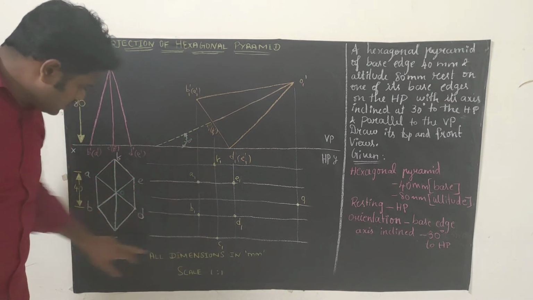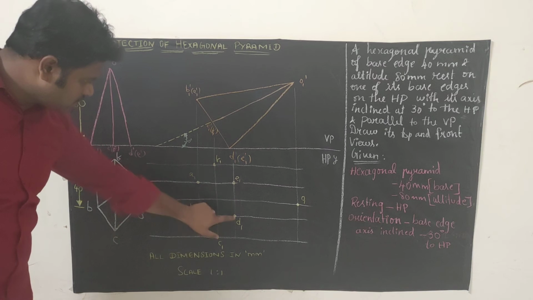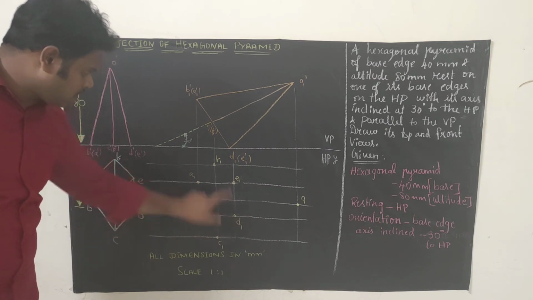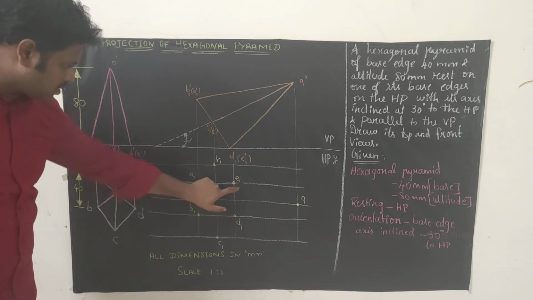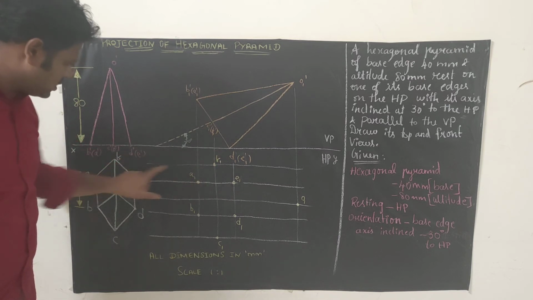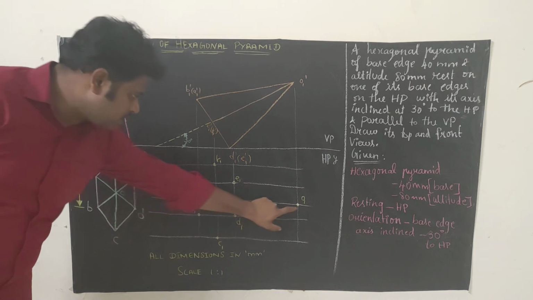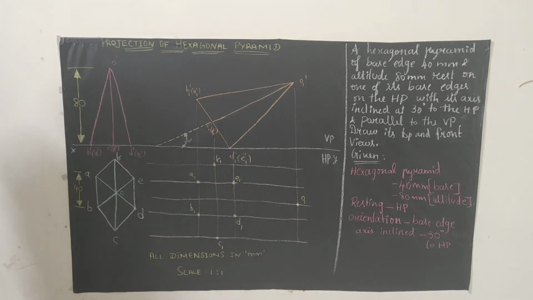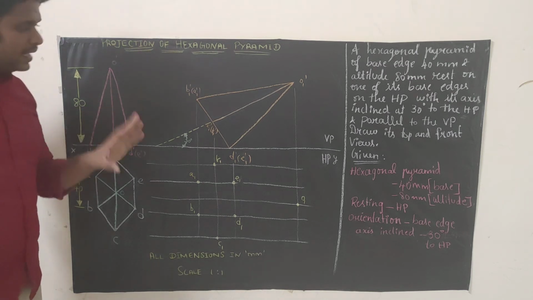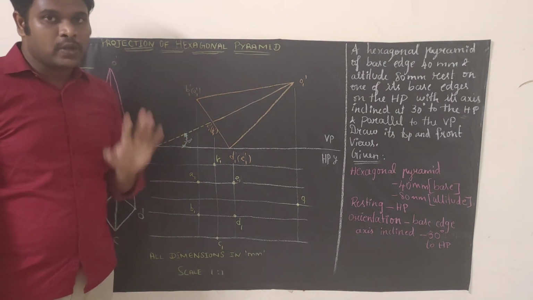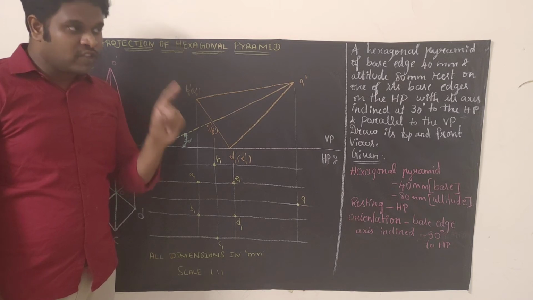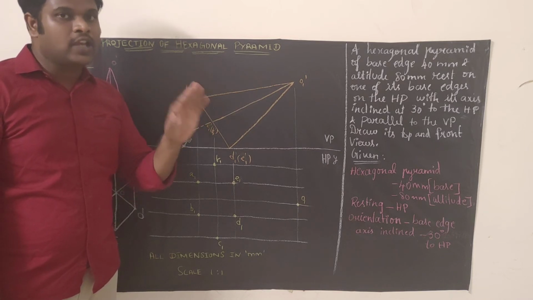This C and this C will intersect at this point. This D and this D will intersect at this point. This E and this E will intersect at this point. This F and this F will intersect at this point. This O and this O will intersect at this point. So we have just marked the intersection points. The next thing is we are going to identify the hidden lines. For the hidden line concept, what I used to say is, identify which point or which edge is lying on the reference line.